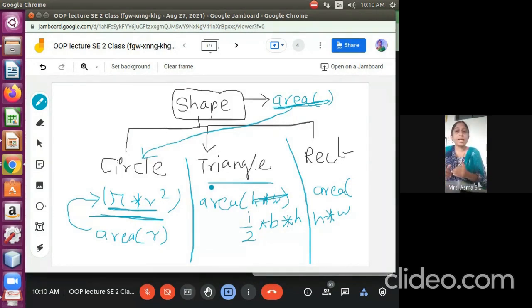Here it calculates the area of a circle, here the area of a triangle, here the area of a rectangle. So what we understand is the function name is the same, area, but it works differently when we have different functionality. So it is called one name having many forms. We are passing r, we are passing base and height, we are passing height and width, like this.